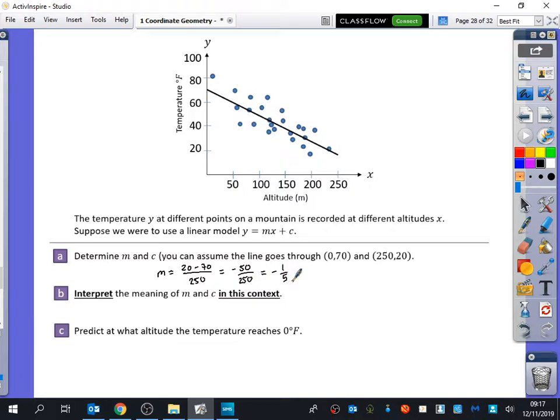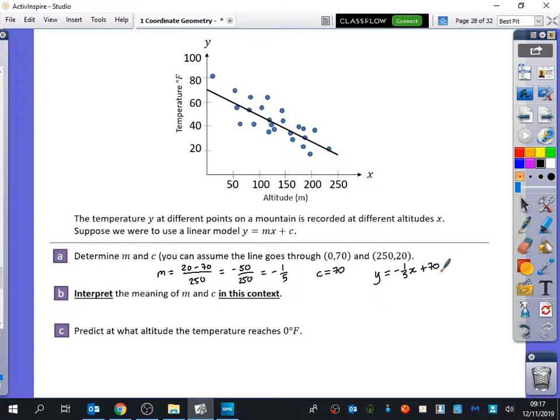What is the value of c in this case? Yeah, it's just 70, because they've conveniently given us this coordinate straight away. So that must mean that the equation of the line that we have is y equals minus 1 over 5 x plus 70. Part B is perhaps where things get a little bit different,